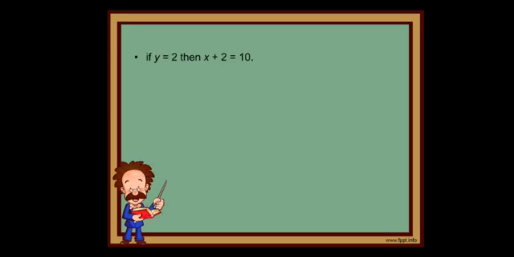So if y is equal to 2, then x plus 2 is equal to 10. Right, because the teacher needs to select 10 students and 2 girls are interested. And we have taken x as the number of boys. When you add number of boys and number of girls, we should get 10 total participants. So x plus 2 is equal to 10. And when you solve this, we will get the value of x.